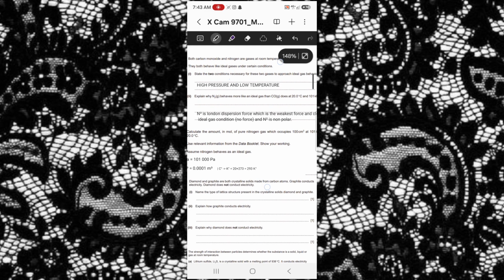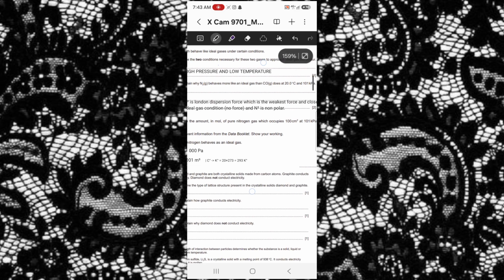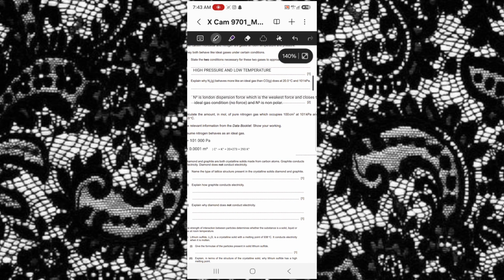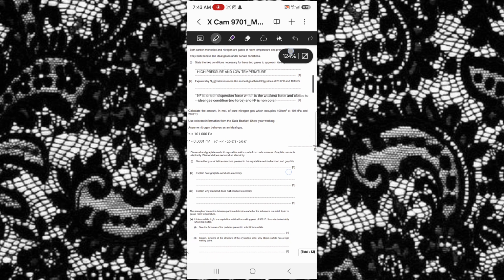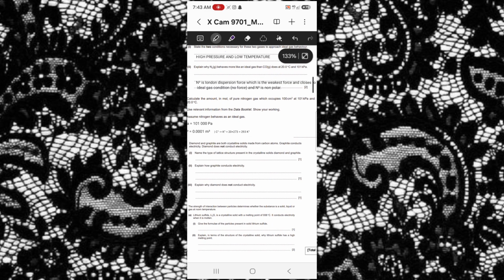Second, explain why nitrogen behaves more like an ideal gas than CO does at 20 Celsius and 101 kilopascal. So, nitrogen has London dispersion force, which is the weakest force and closest to ideal gas conditions, or no force. And nitrogen is also non-polar. And next,